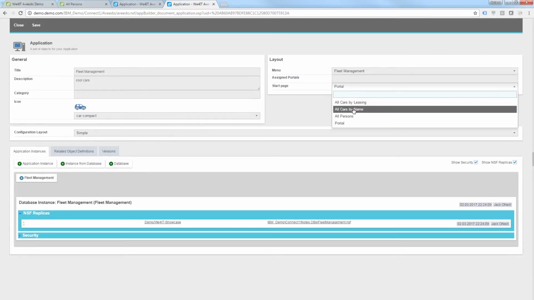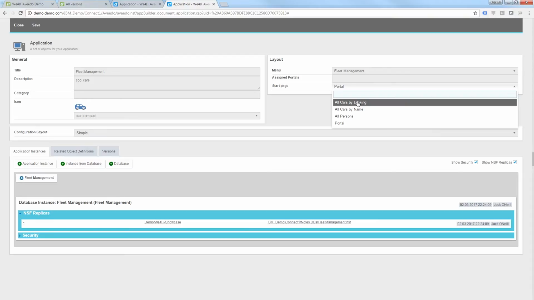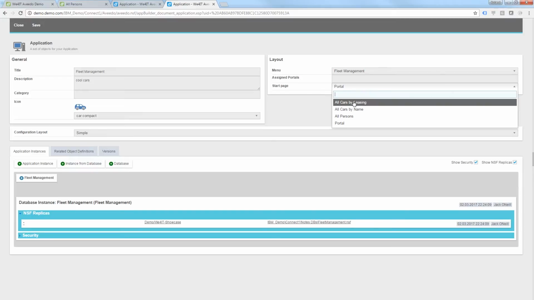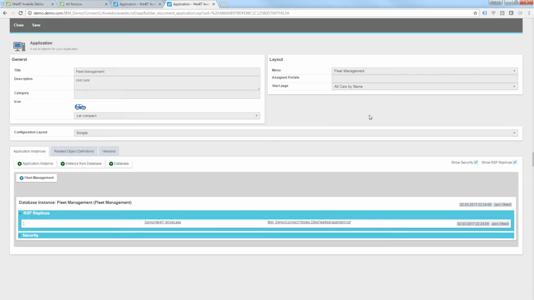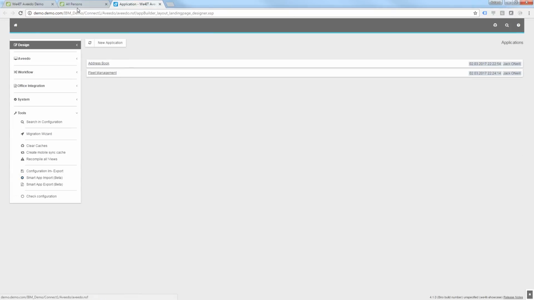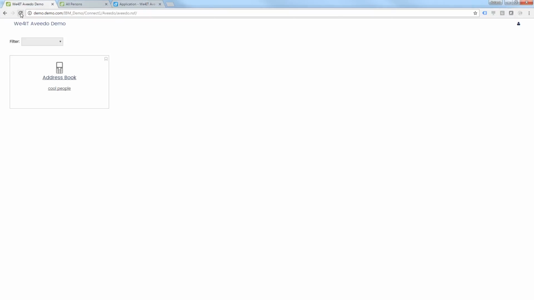And the start page. And here you can already see these two views have been added. These are the two views that were also available inside of the Notes client. So I can just choose one of them to be the start view. And I choose that to be cars by name. Save that. Close it. So let's go back to our Aveedo instance, reload it, and now I have both applications